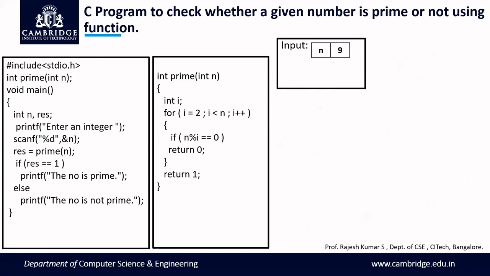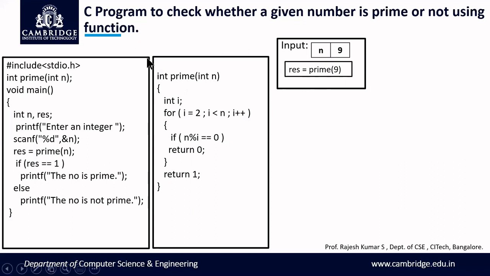In the next part of the program, the input I've taken here is 9. Let me explain it once again. As soon as you enter 9, we are calling the function prime of 9. We'll call the function where n value 9 has been passed. We have declared a variable I, and for I equals 2, we have to divide 9 by 2, 9 by 3, 9 by 4 till 9 by 8. But in between, if you find 9 is divisible by 2 or 9 is divisible by 3, we will stop the program and tell it is not a prime number.